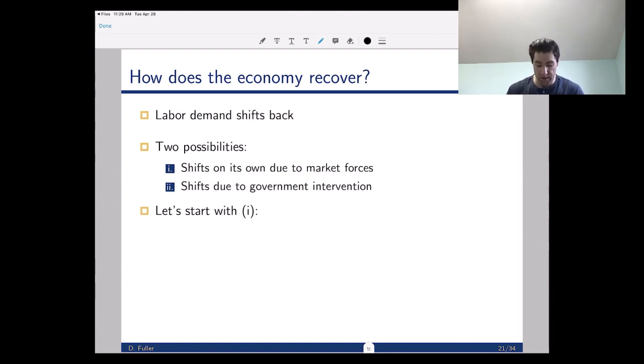And so what's going on here is, remember that labor demand went down in the first place because the value of the marginal product went down. So either the marginal product of labor decreased or the price decreased, whichever was the case. Now, eventually, those things are going to be temporary blips. So if you look at, in the long run, in longer periods of time,